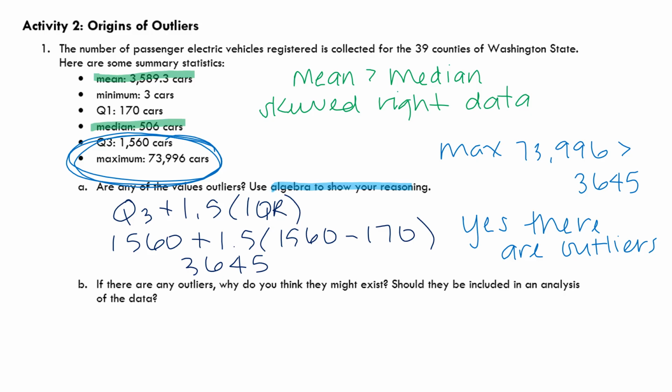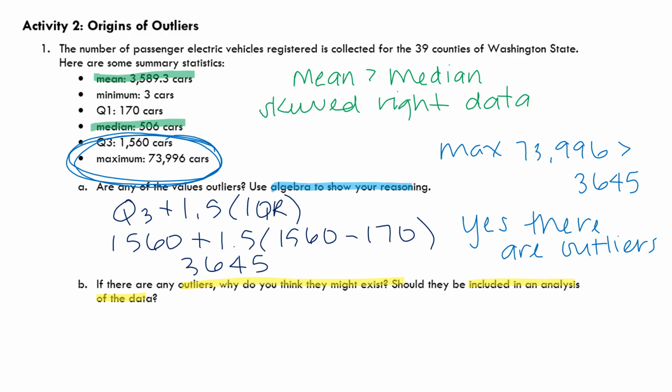So question 1B, if there are any outliers, why do you think they might exist? Well, I know there are, so why do I think they might exist? And then should they be included in the analysis of the data? Because a lot of times statisticians think to ourselves, is this outlier plausible, or could it be an error? Is it an outlier that is positively contributing to the data, or is it an outlier that's just an accident or a one-off that's getting in the way? If I look at this data and think about how it's the number of passenger electric vehicles that are registered in the 39 counties of Washington State,